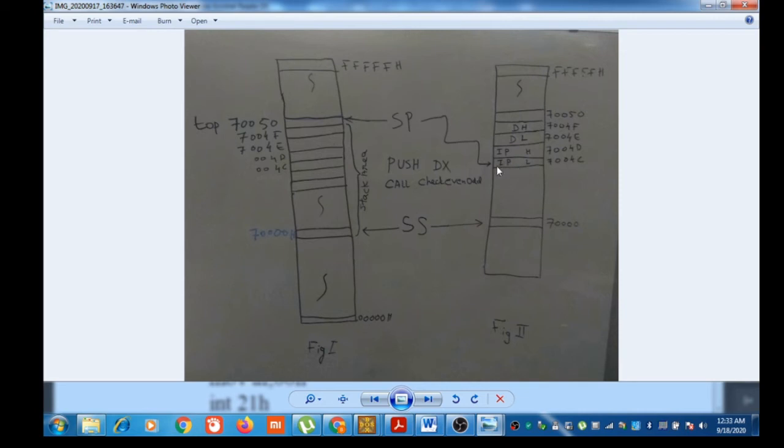The SP will be carrying the value 004C. There is no change in SS content. This will be the picture after these two instructions, push DX and call check even odd.